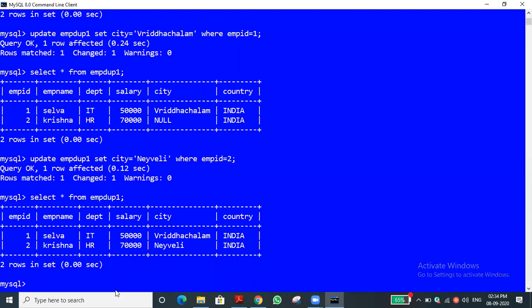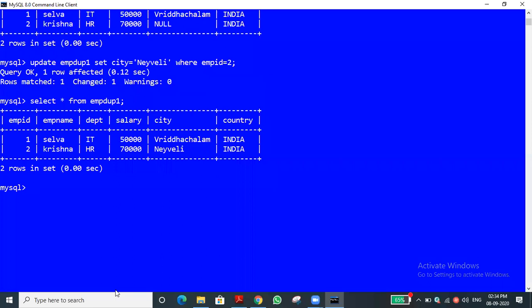These functions will work only on columns, sir. Row operations we cannot do with this. For rows, we have to use the DELETE command. Based on the condition, we can delete by using the WHERE clause.